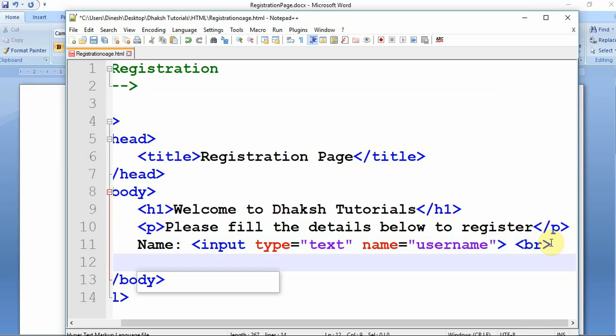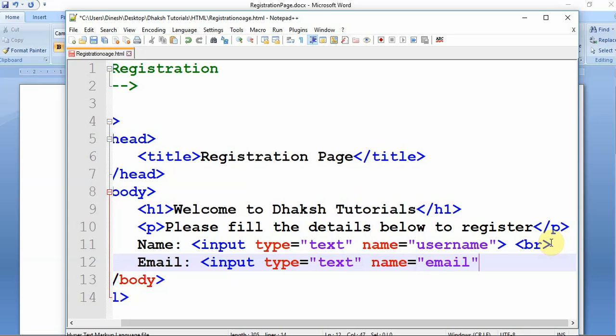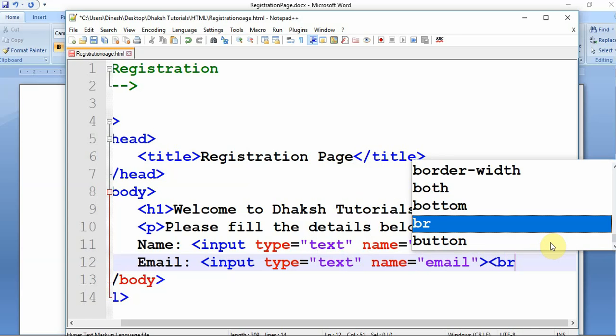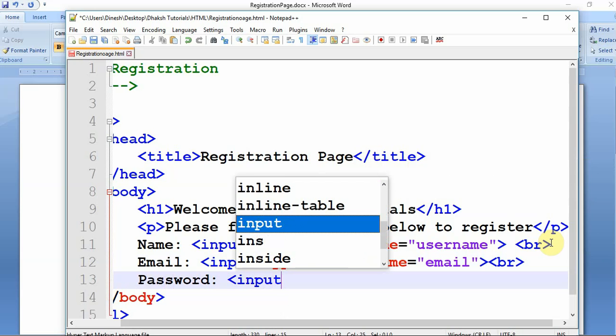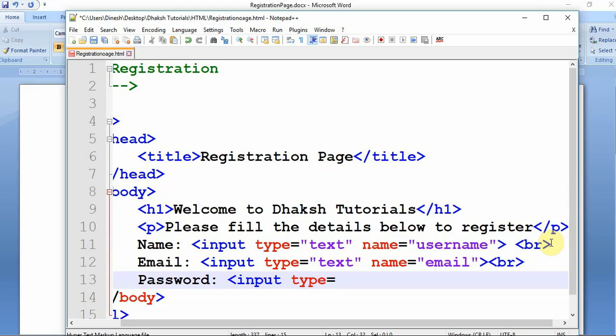So after name, what is that? It's just a registration page. I'm not going to take all the variables, that part will be seen later, but as I told you initially, it's a very basic HTML registration page. As it is also a text box, I'm just writing here text box, and I'm giving the name as email. So it will be easy for us, as we'll not forget. It's better you always use names that are very relevant, so that you will not forget what name I have given. So the next is input type equal to text, again it is text only,